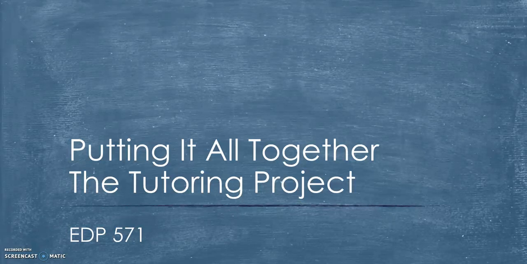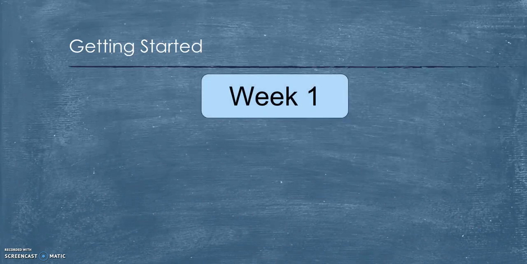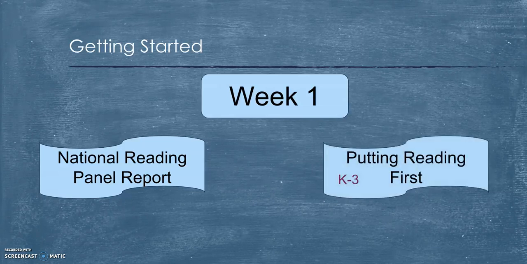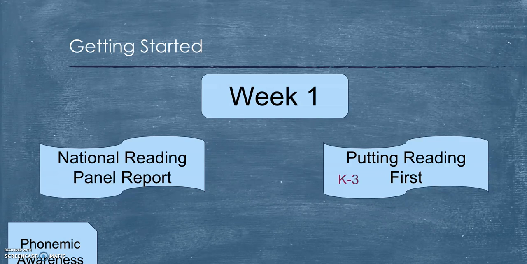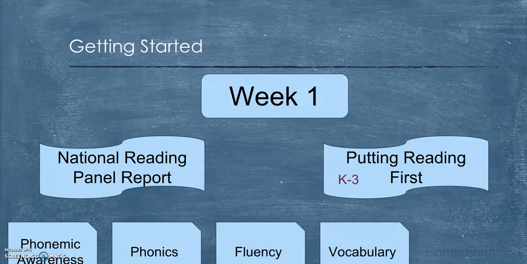So I just wanted to take a couple minutes and try to help you put all the pieces of the puzzle together for the tutoring project. So here we go. The first week of the course, what you should be doing is reading the National Reading Panel Report, and then you should also take time to read through the document, putting reading first. And from this, you'll recognize that there's 5 different areas within teaching reading: phonemic awareness, phonics, fluency, vocabulary, and